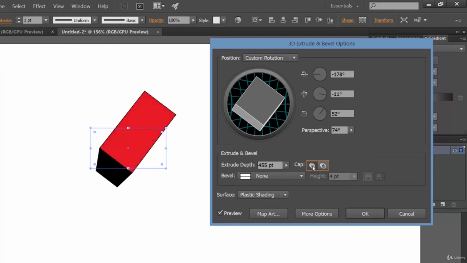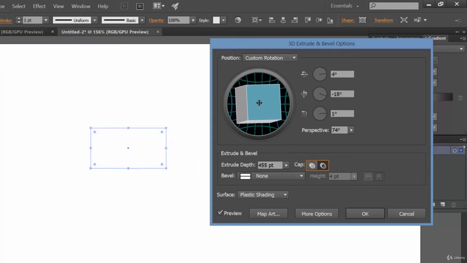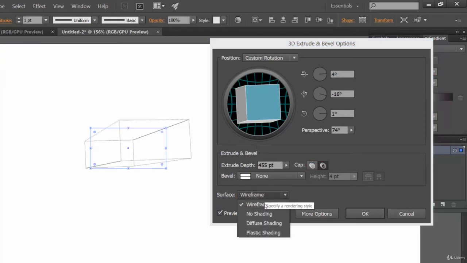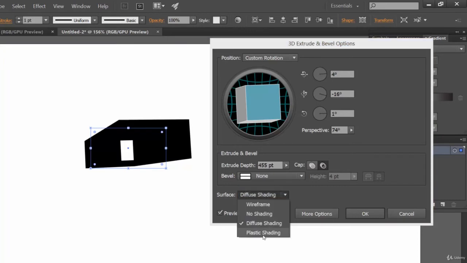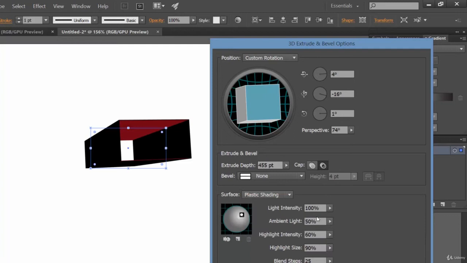And if you check this one, it's solid, this one is hollow. And shading, you have a few options of shading also, plastic shading, and some more options like light